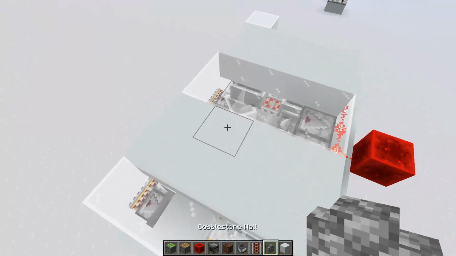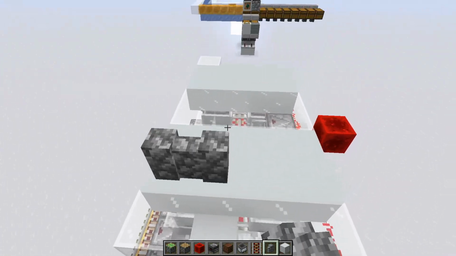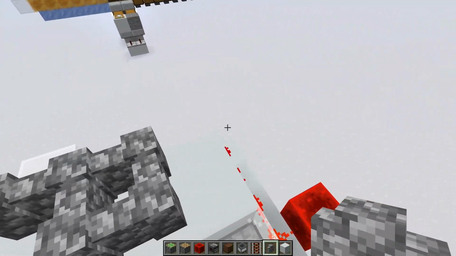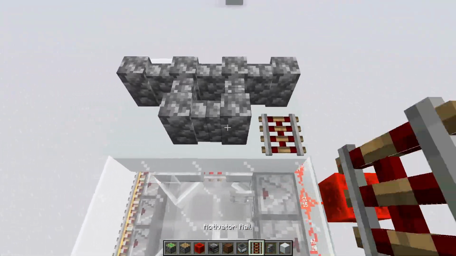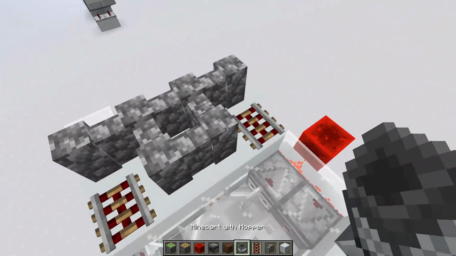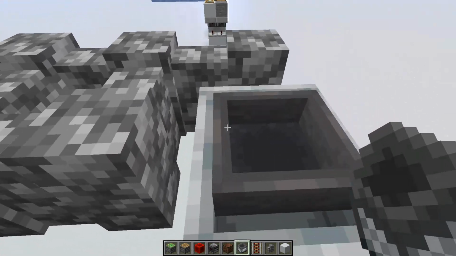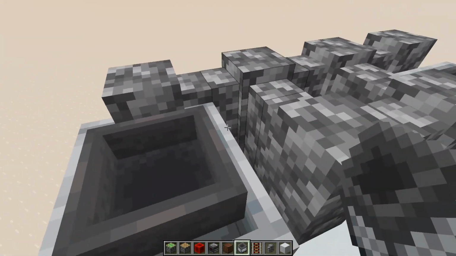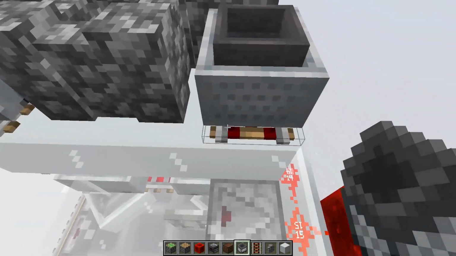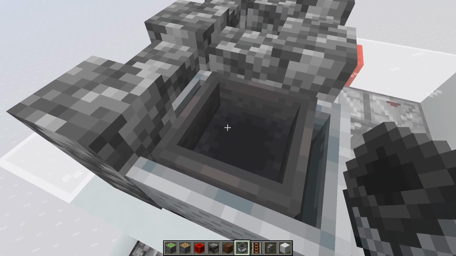Then I'm going to place down walls like this. I'll put down some rails. On top of these rails go some more hopper minecarts. When I nudge them into these walls, break these rails, nudge them into those corners,